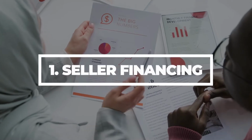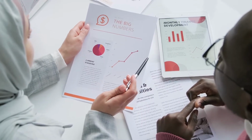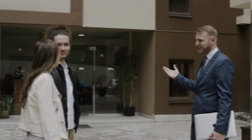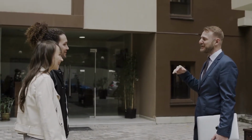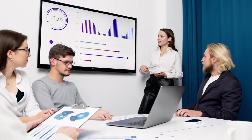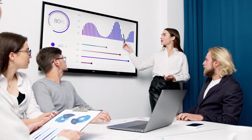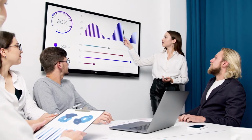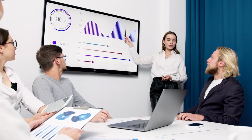Number 1. Seller financing. The first proven way to invest in real estate with no money is through seller financing. When buyers are unable to secure a loan from banks and lenders, they may opt to seek real estate financing from the actual sellers themselves. Essentially, you are using the homeowner as the bank, therefore avoiding the entire process of dealing with lender requirements and